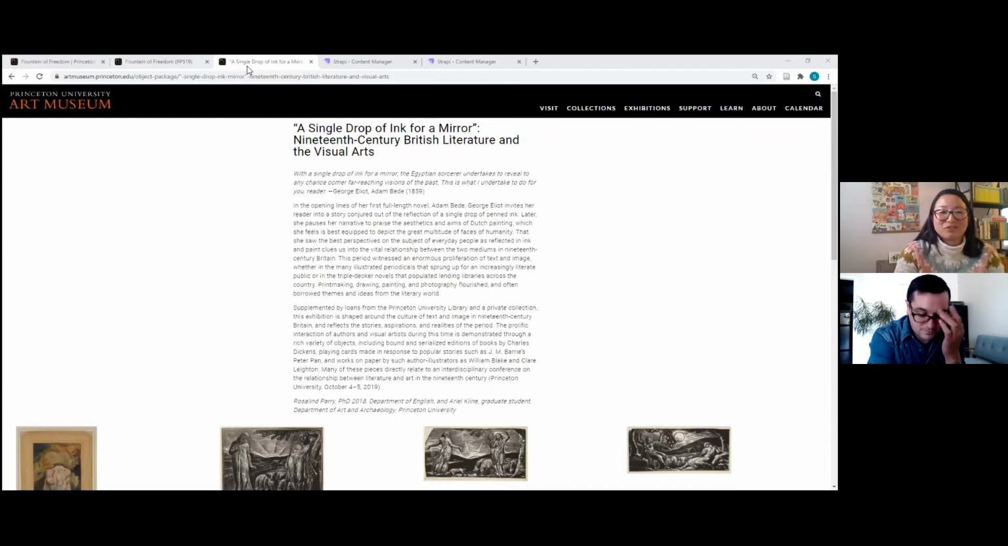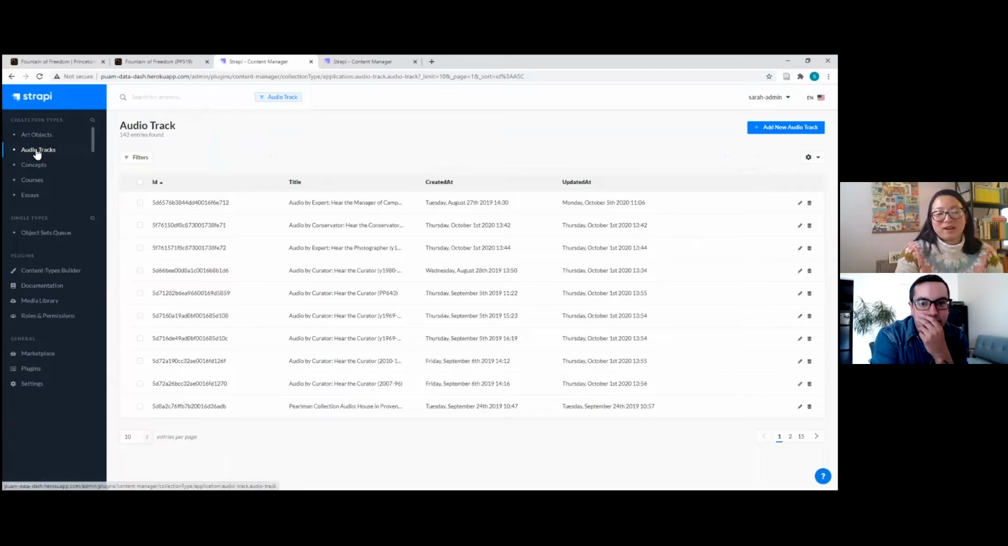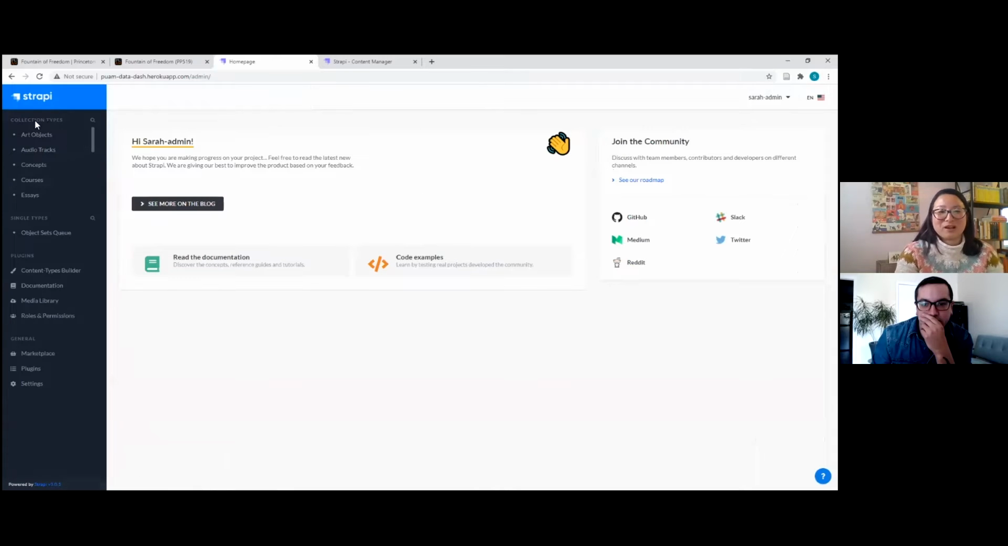And get us into Strappy now. So here's the Strappy interface, and right now we are in the audio tracks area, but let me take you home. So this is the home screen, and here on the left-hand side is where you have essentially your collection